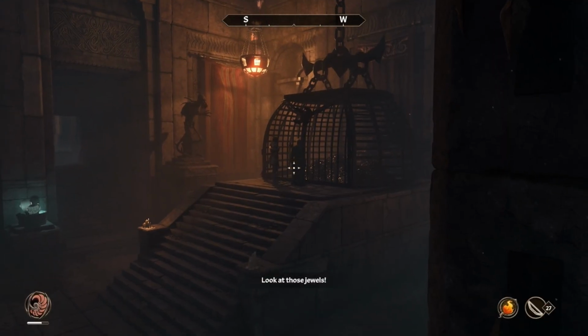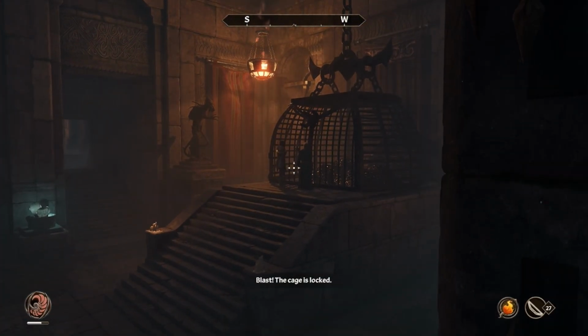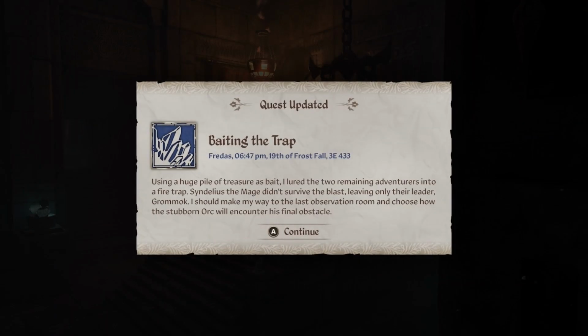Look at those jewels. Grimok, be careful. This looks too good to be true. Ha! Let's see them stop me after I rip this gate from its hinges. Grimok, no! Sorry, Sindelius. I don't know who built this nightmare, but if I get my hands on it...